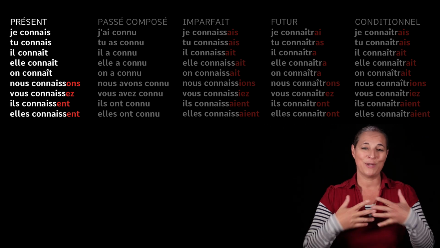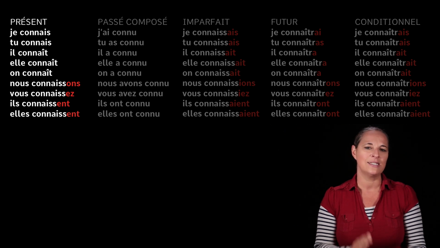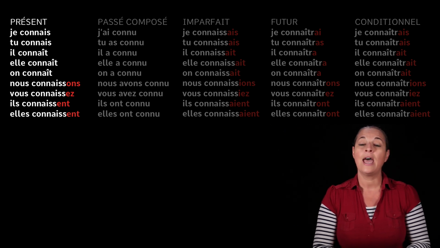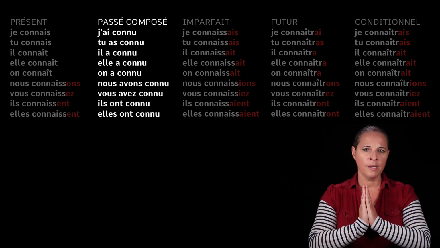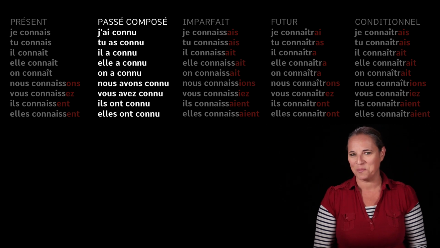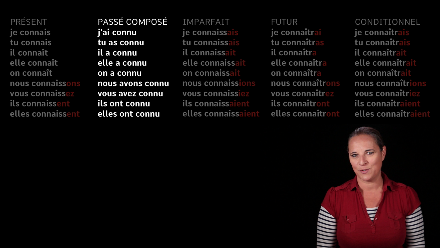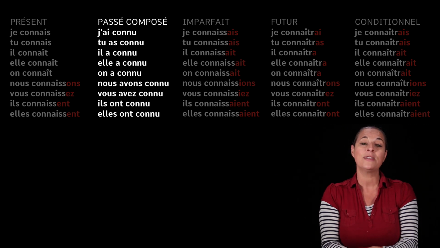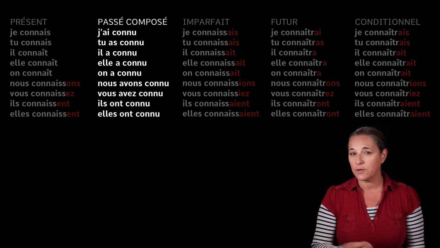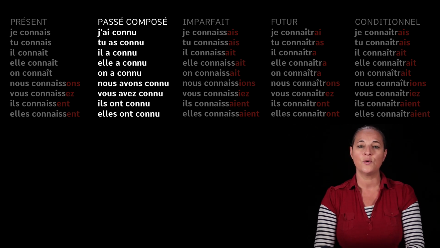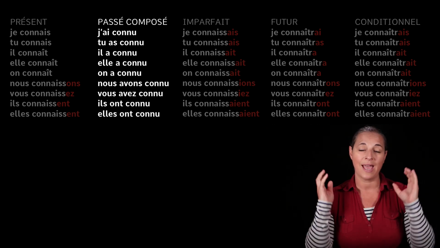So now you get the picture of why I have chosen this verb, because it's really hard unless you know it by heart. Now, let's have a look at the same verb in the passé composé. I don't need to teach you what a passé composé is because if you followed my lessons, you would know. It's a past tense that has happened in the past and is gone, done with. Now, what you need to know when you conjugate a third group verb is the past participle of that same verb in order to be accurate.